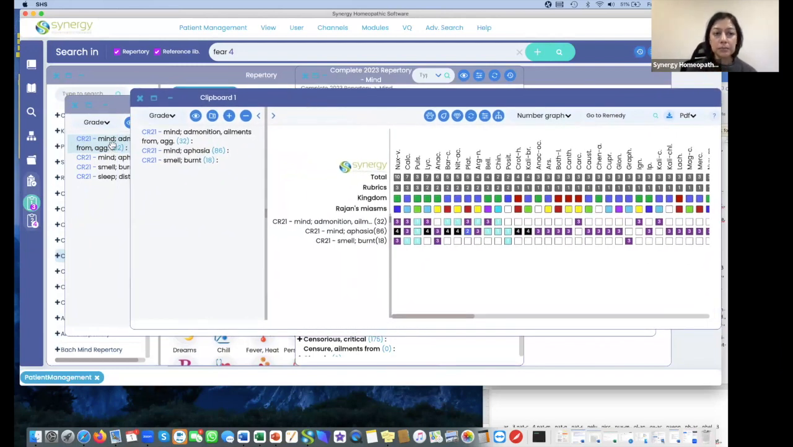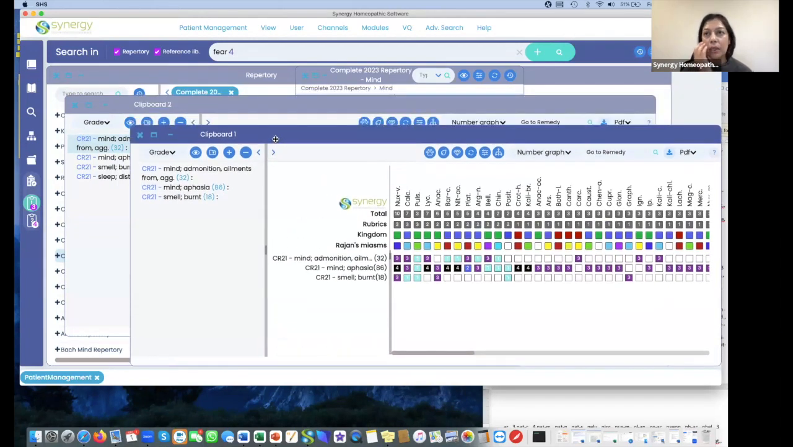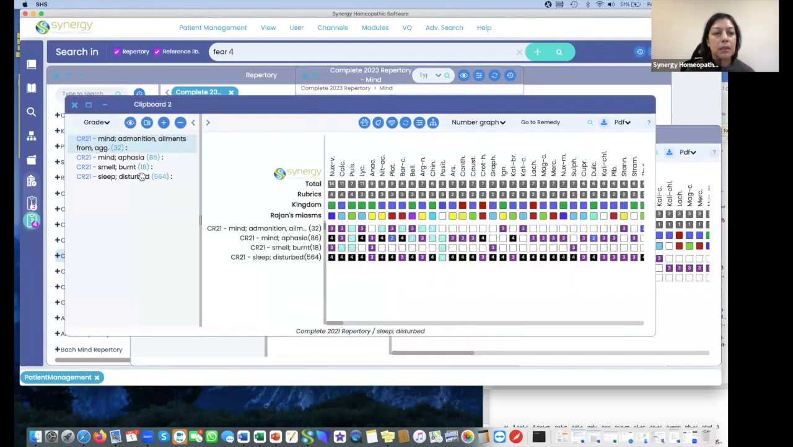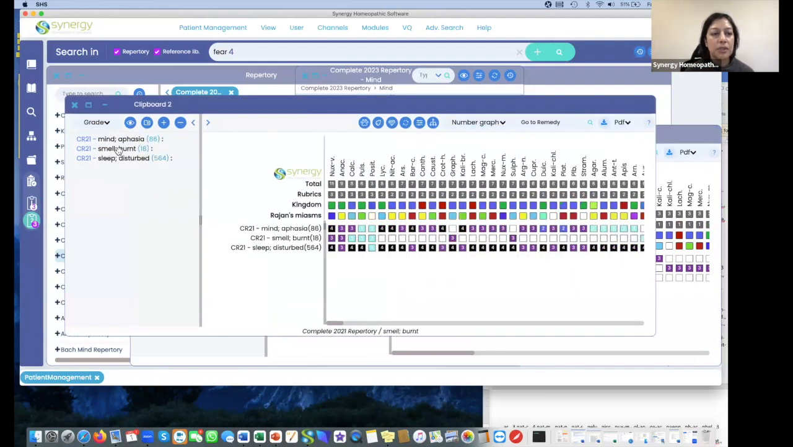In general, you compare clipboards because you've done maybe mentals on one clipboard and physicals on the other, or there's a lot of physicals and you've broken them up by organ systems, and you want to then compare and see which remedies show up for different aspects of the case. So in this case, let me get rid of the mind rubrics from one clipboard